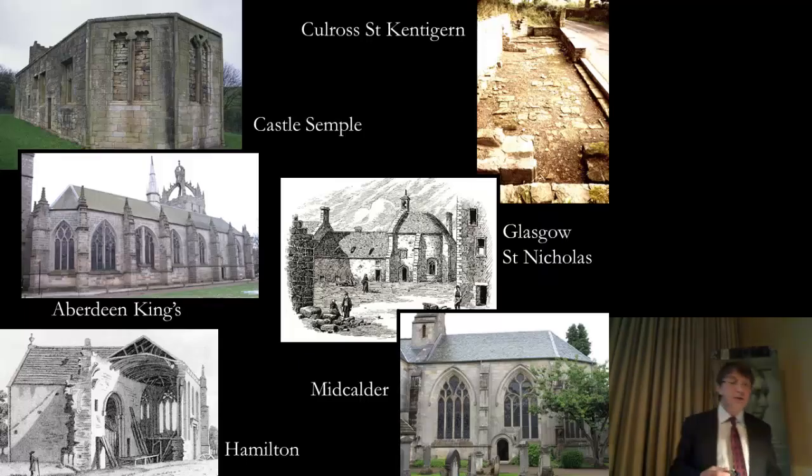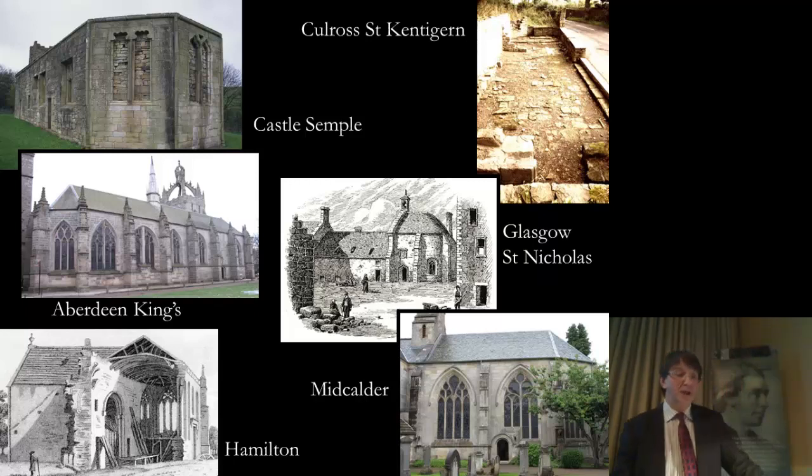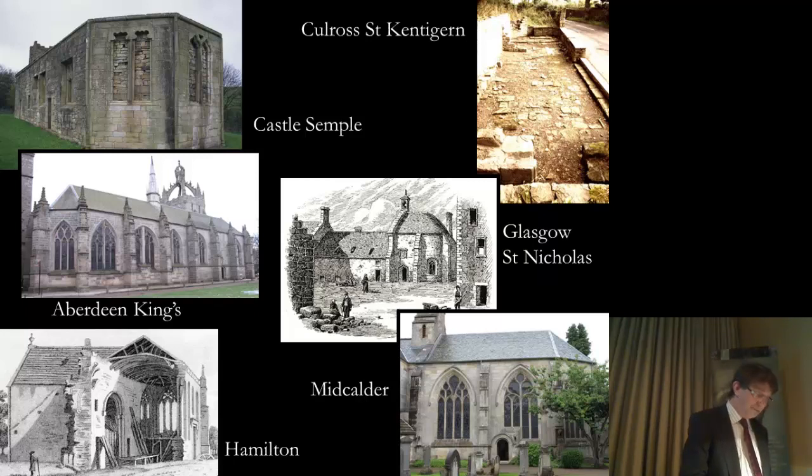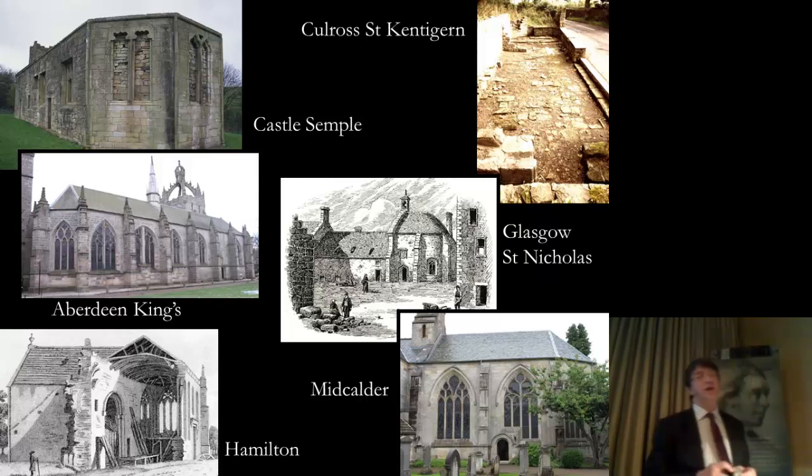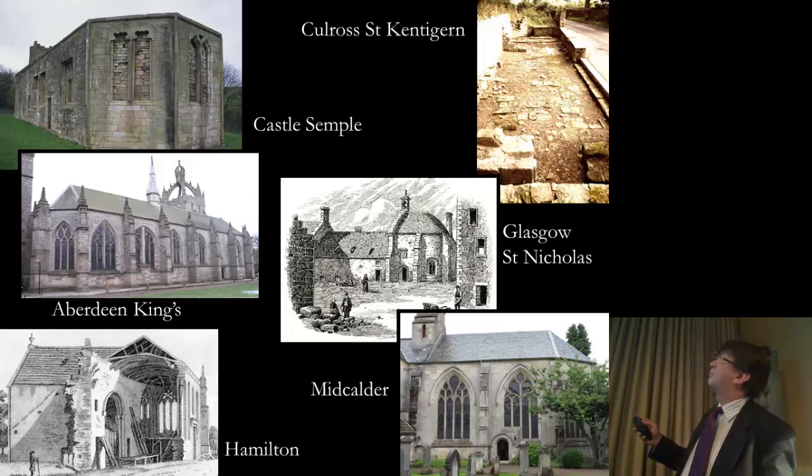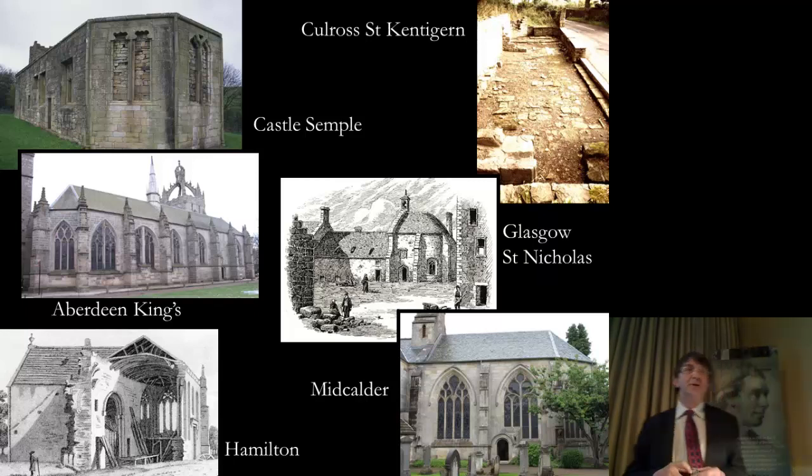But then the idea was taken on in all sorts of churches, a lot of them now lost. It looks, for example, as if Kirkfield in Edinburgh had an apsidal east end. Excavations at the Dominican Church in Stirling seem to have found the evidence of an apsidal east end. One was found at Curras, the Church of St Kentigern, which was founded by